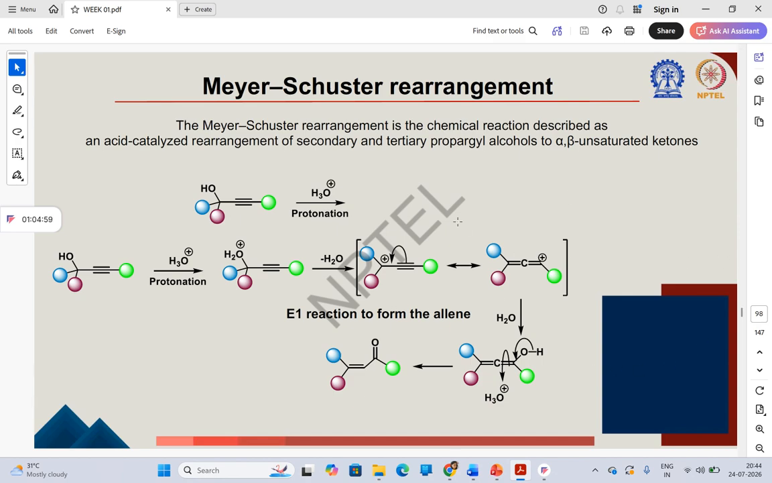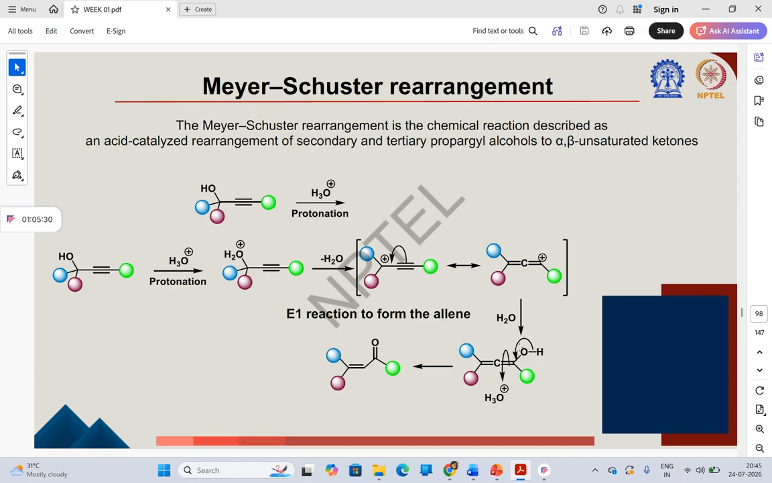Because this is also happening in acidic condition, protonation will take place and H2 elimination will take place. Now a secondary carbocation will, sorry, a tertiary carbocation will be generated over here. Then this carbocation will be trapped by this double bond because of conjugation, and it will form an allene carbocation intermediate. Then after this allene carbocation intermediate, water hydrolysis will take place,